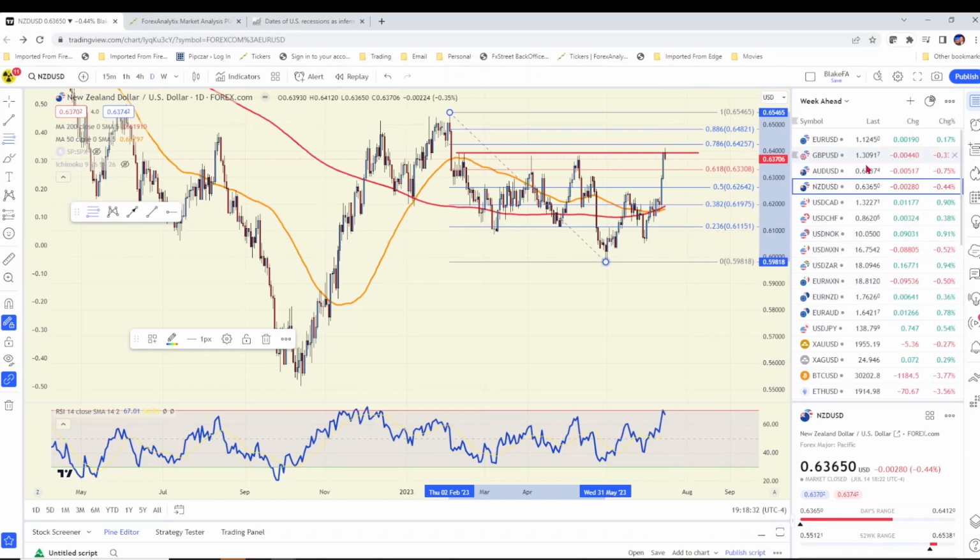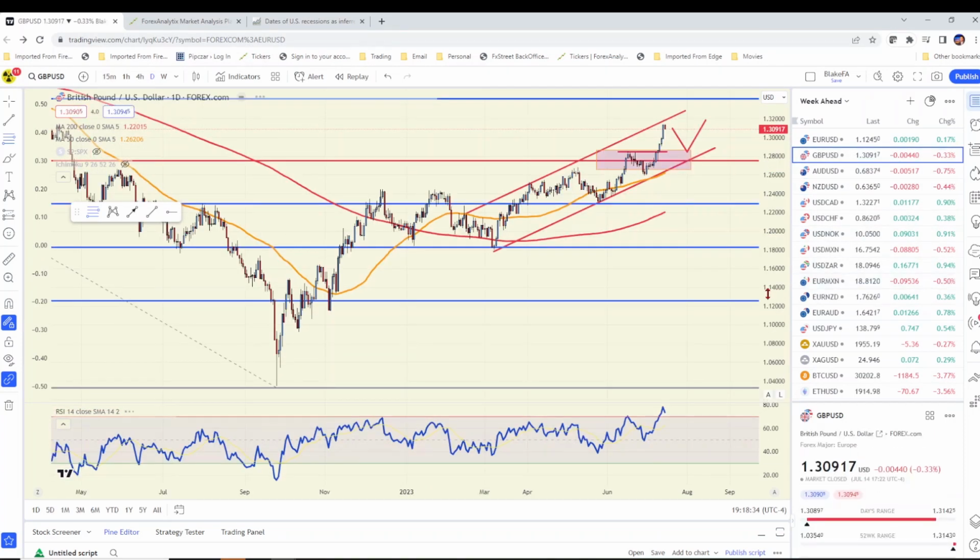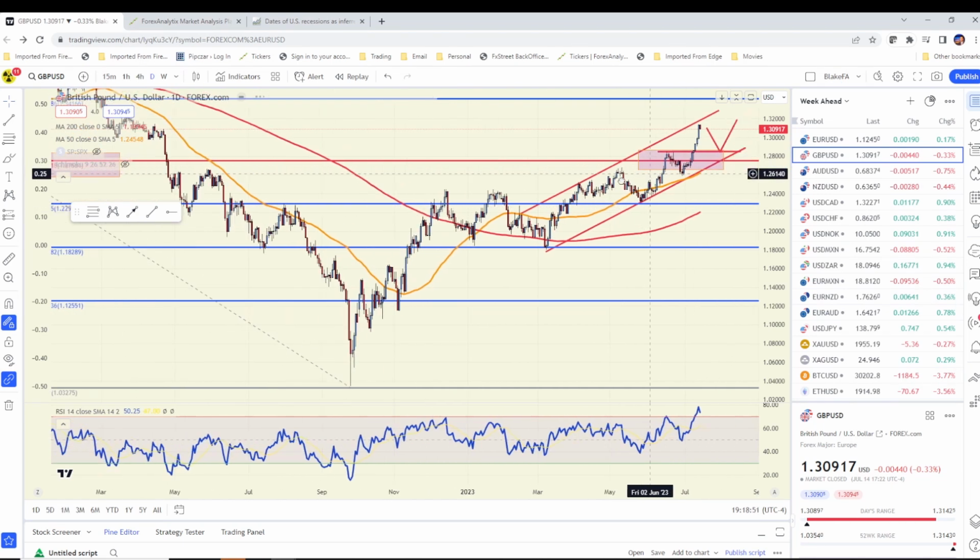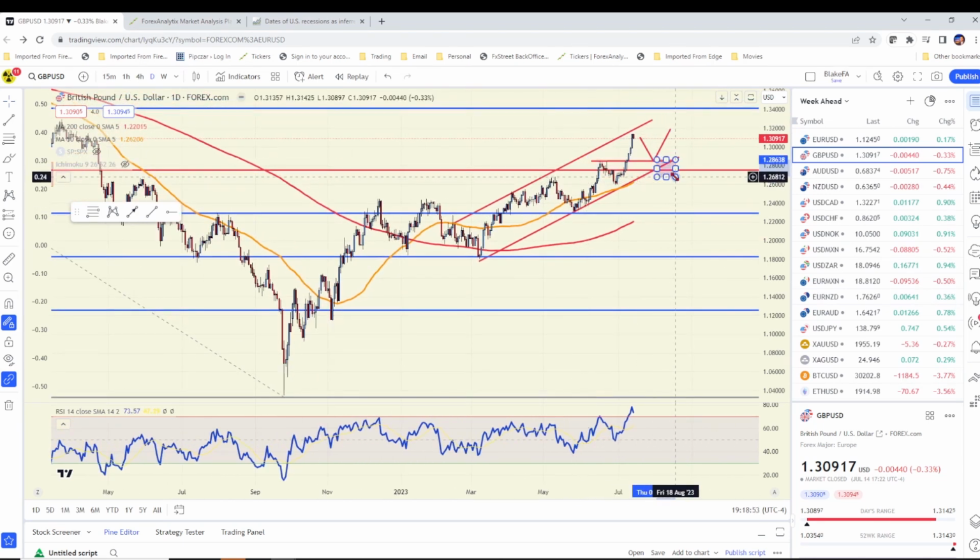Now on Wednesday, speaking of inflation, we have the UK inflation data, and I think that's going to be very important as we go into this week. Remember, the sterling is well above the 130 level at this point, and so any move back down, like I said earlier, any move back down to this 128.50, that's going to be viewed as really important, because not only is it a breakout point, but also it's going to end up being channel support.